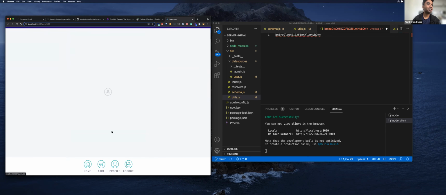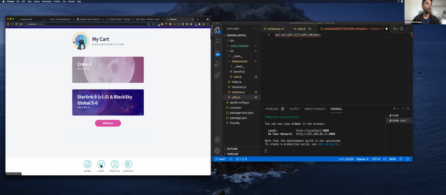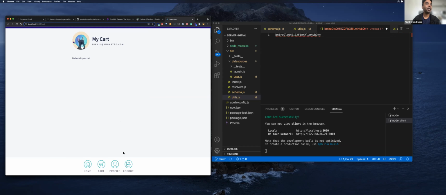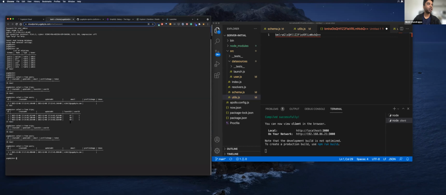Okay, let's click on this one and say add to cart. I go to my cart. I have 2 rocket launches where I want to be. I'll say book all. And now if I go back to my profile, I have 2 launches that I'm booked on. We can see that in the trips as well. So this is how simple it is, folks, for us to get started with GraphQL and hook it with